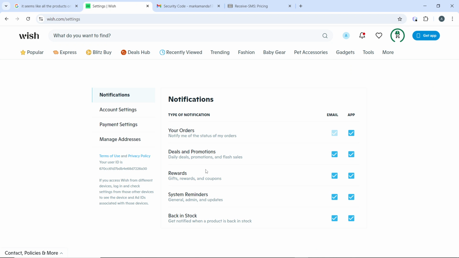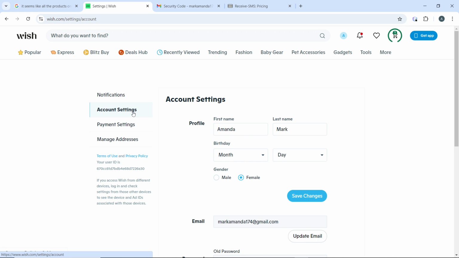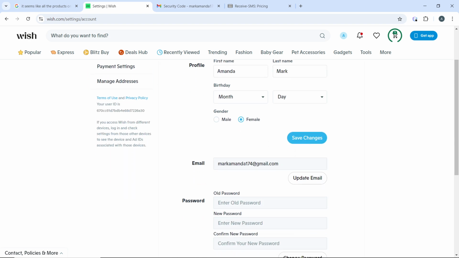On the Settings page, you find various account management options. Go ahead and click on Account Settings, and it's going to open you up to this. Now, under Account Settings, you'll find an option that says Email. Head over to the email category, and just right below the email category, you can find an option that says Update Email. Click on Update Email,